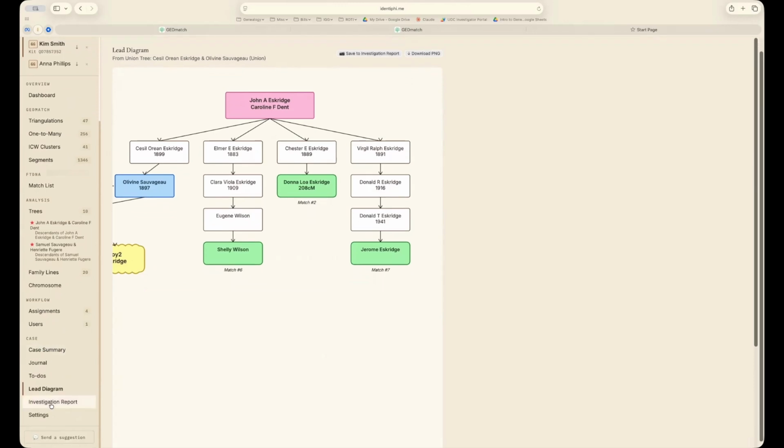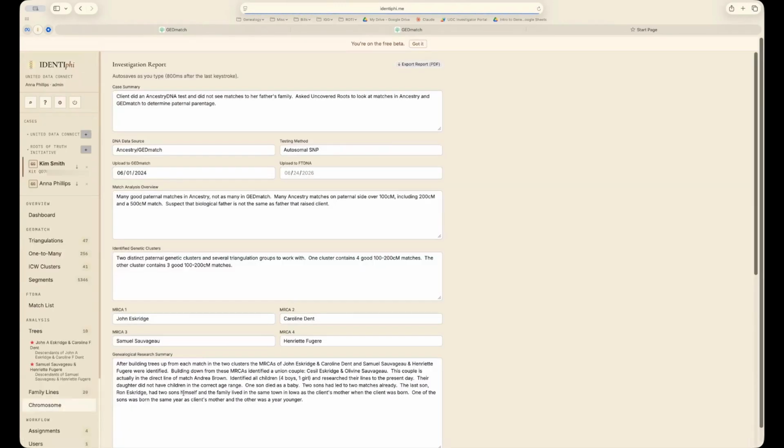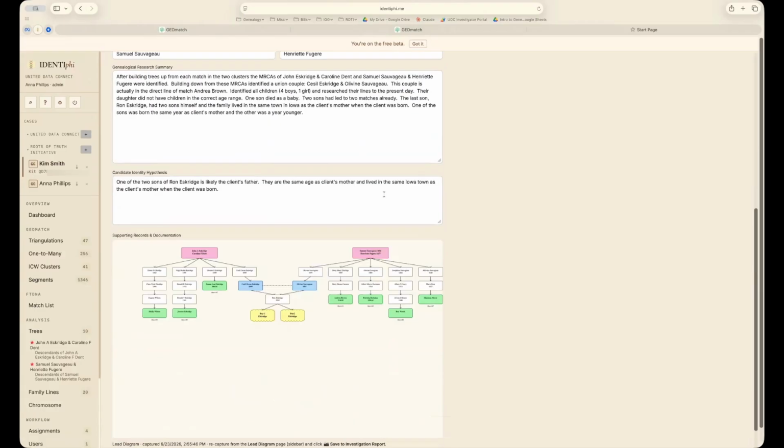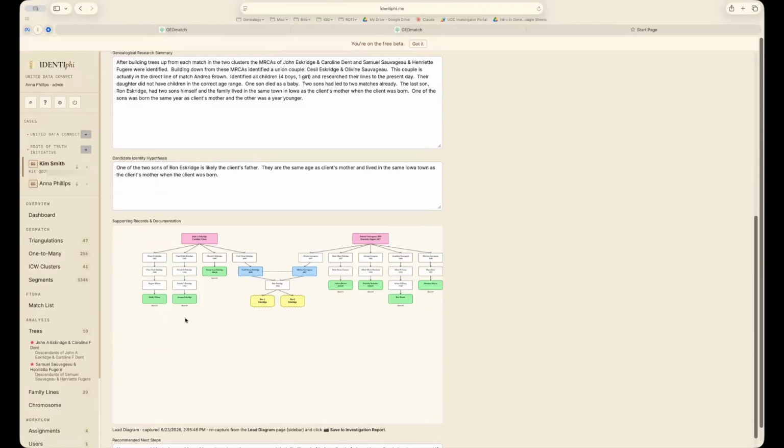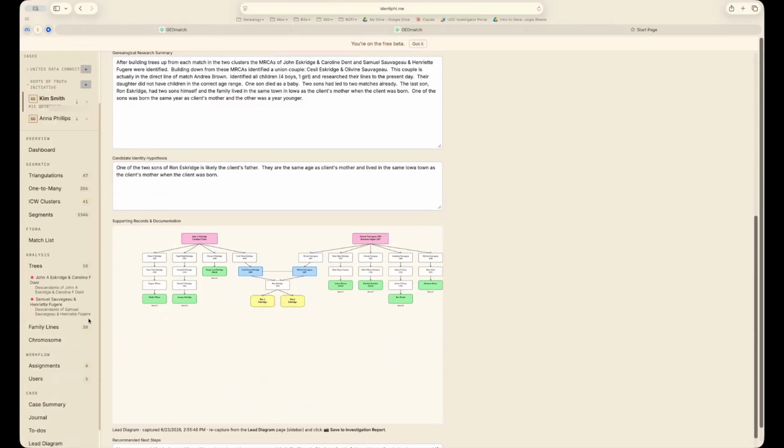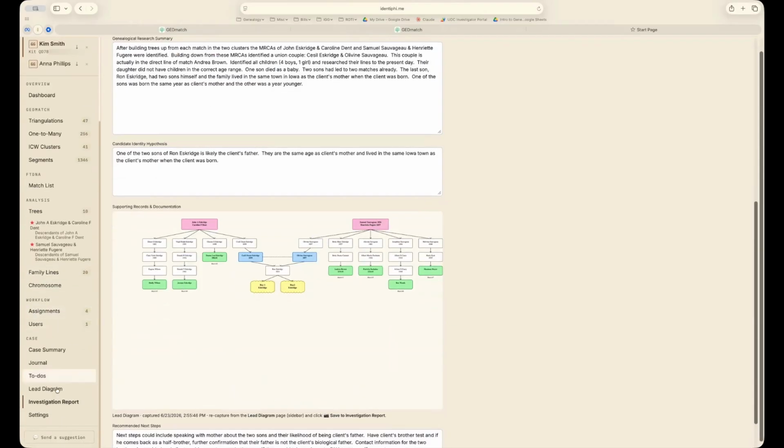And then we did briefly talk about the investigation report. It's the final report that goes out to law enforcement or your client. It can be exported. There's that diagram that we asked to have included. And then settings, which we looked at earlier. So now we'll go